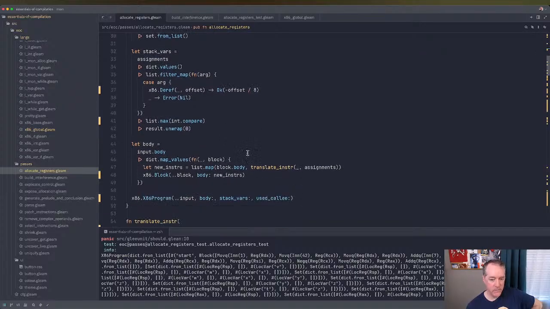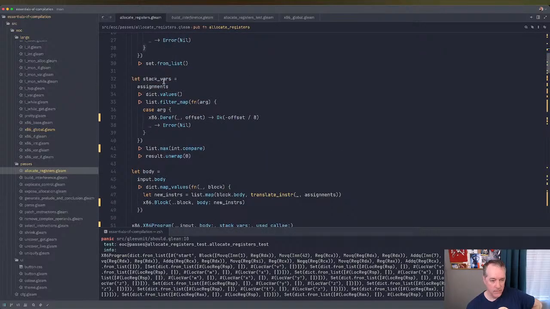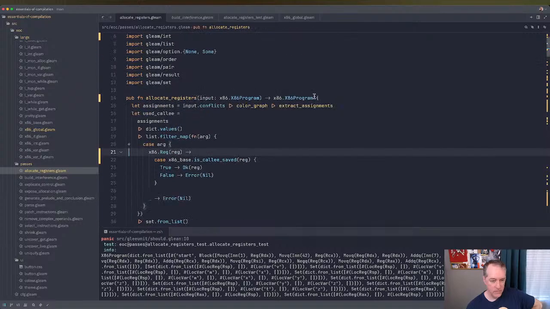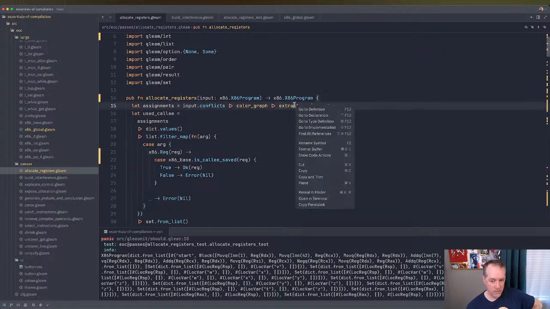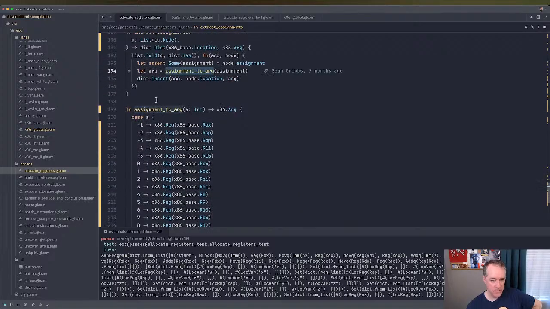Okay, what do we do? We're doing extract assignments. Right. Okay, so this bit needs to get modified to take into account